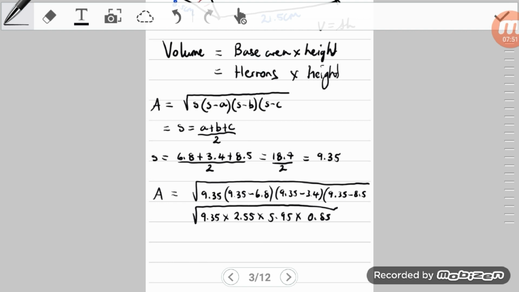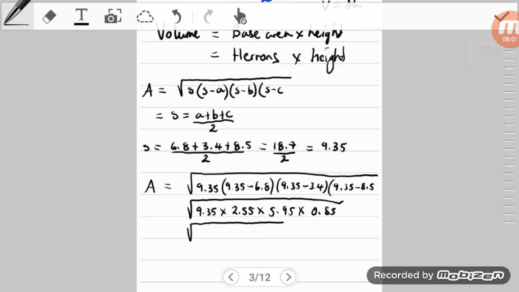All right, do remember that we are still trying to find the volume, but because the base area is a triangle containing all three sides, we work out the area of the cross section, and that's what we are currently doing at the moment. So this works out nicely here to be 0.85 multiplied by 5.95 multiplied by 2.55 multiplied by 9.35, and that worked out nicely to be